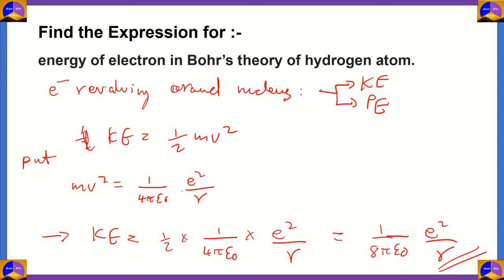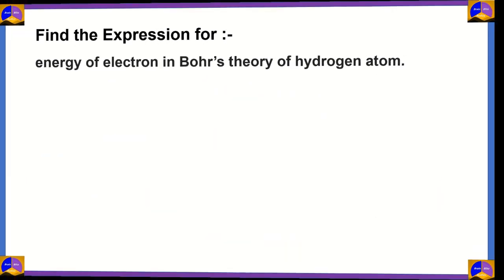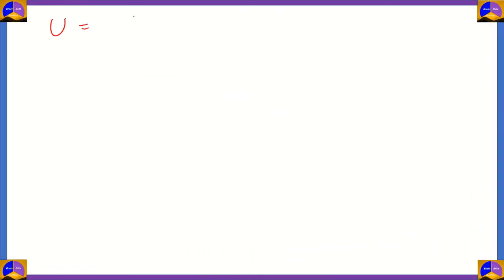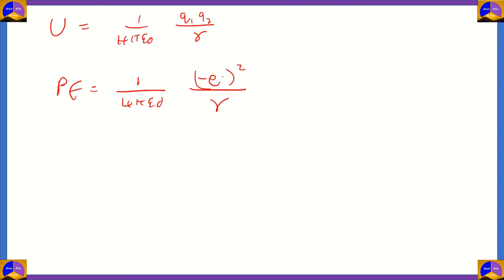So this is the value for kinetic energy of an electron. Now, to find the potential energy, U is represented as 1 by 4 pi epsilon naught Q1 Q2 divided by R. So in this situation, we have the potential energy equal to 1 by 4 pi epsilon naught times minus e the whole square divided by R. That is the product. So we have minus e squared divided by 4 pi epsilon naught R as the value